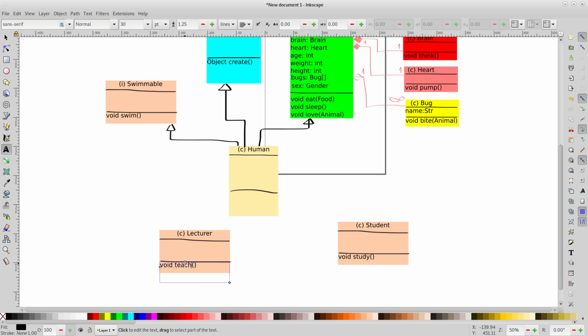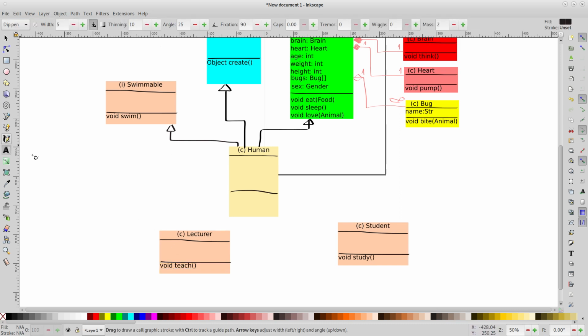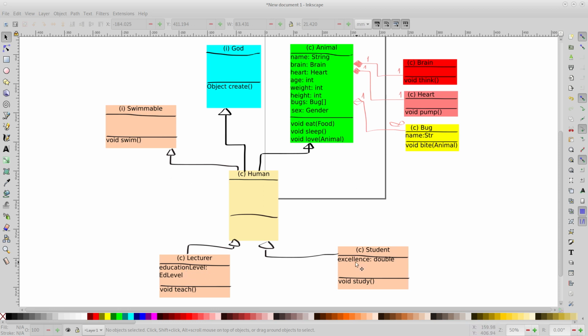So we have these properties, and I believe these properties are evident. And also our lecturer is a human, yes, and also our student is a human. We created education level, yes, excellence, and we will hide this logic and these properties from outside, and also we will simply